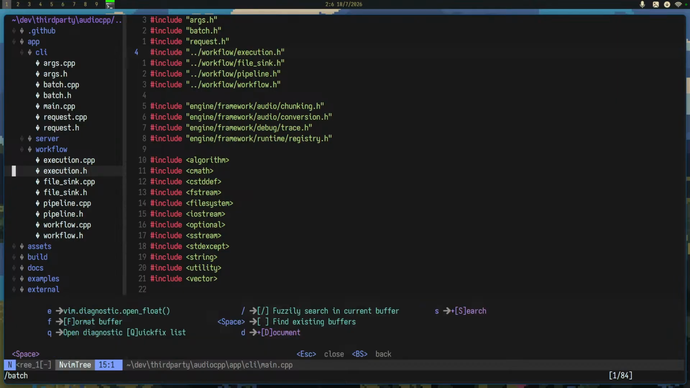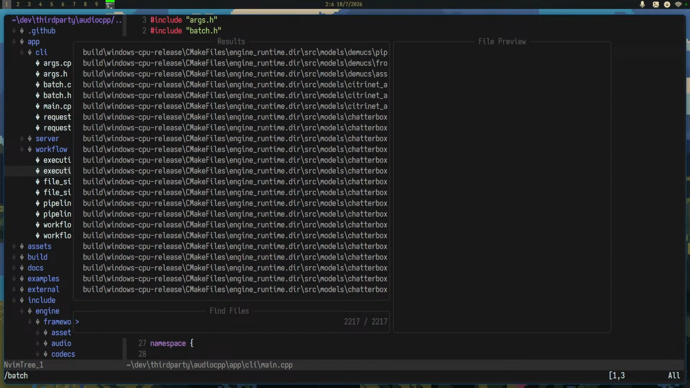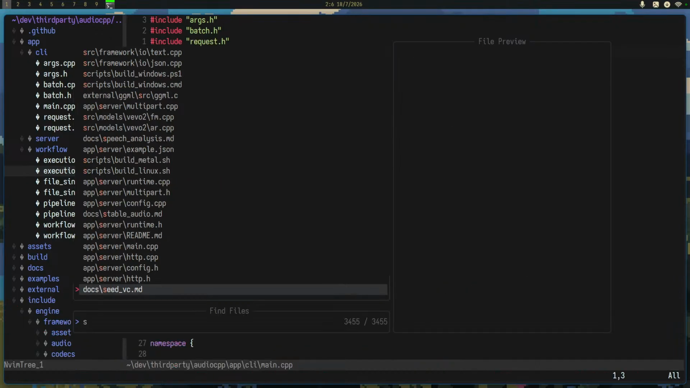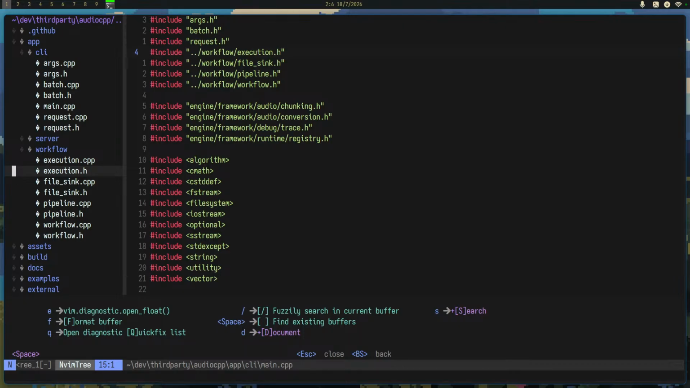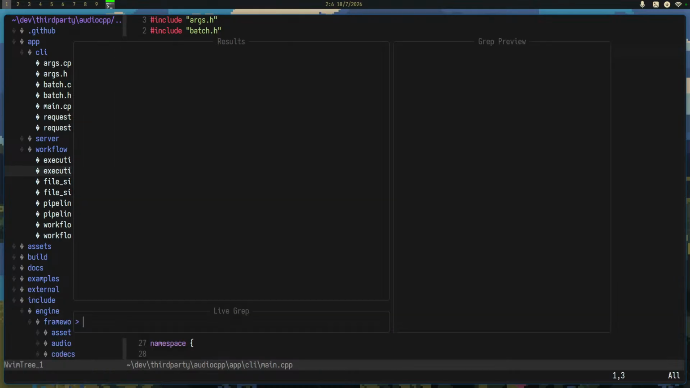I could use fuzzy find, right? Else, I could, well, let me put it. I need to find search by. Yeah. So I need